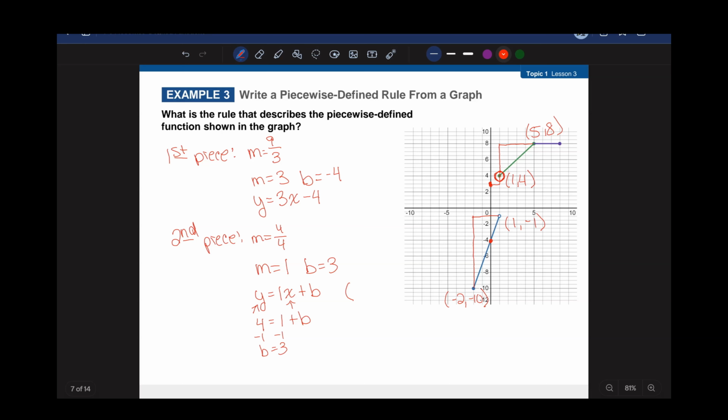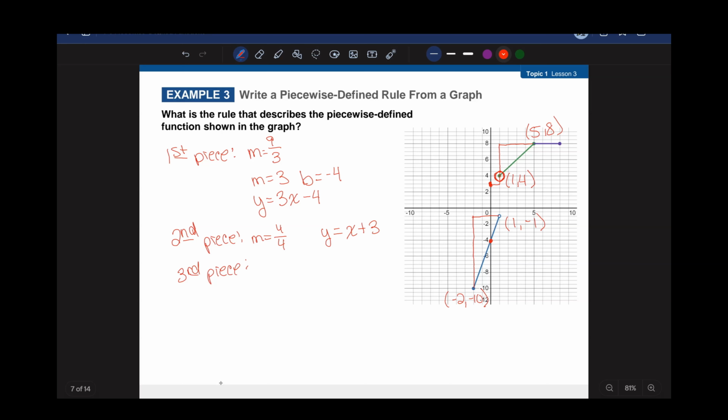I think it's easier to count down if you can count down and use your slope to find that out. But, you know, sometimes that's hard. So we have y is equal to your slope times x plus your y-intercept. All right, now I'm running out of room, so I'm going to erase part of this. All right, so for my third piece,